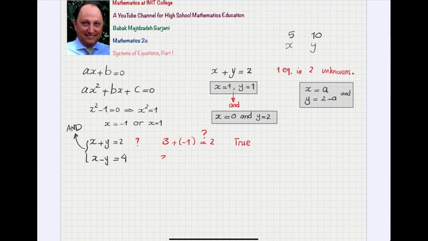And let me put 3 here, minus 1 here, and ask myself, is it equal to 4? It's simply seen that it is true. So I would say that 3 minus 1 is, so it is not a good way to write it this way. I would write it in this way. X is equal to 3 and y is equal to minus 1 is